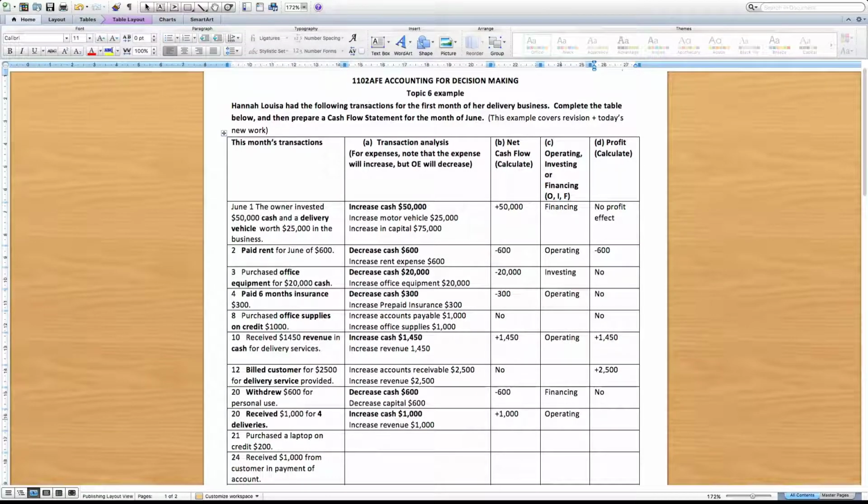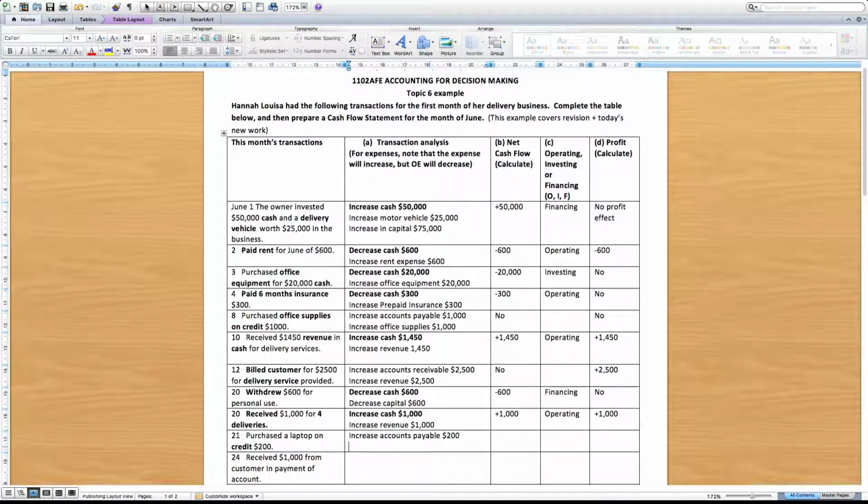Where are we? Profit implications. Yes, again, revenue account. So profit is going to increase by $1,000. On the 21st, we purchased a laptop on credit for $200. So again, we purchased something on credit, means we've got the goods, we have not paid for it yet. So we are going to owe money to an external party. So we'll have an increase in our accounts payable for